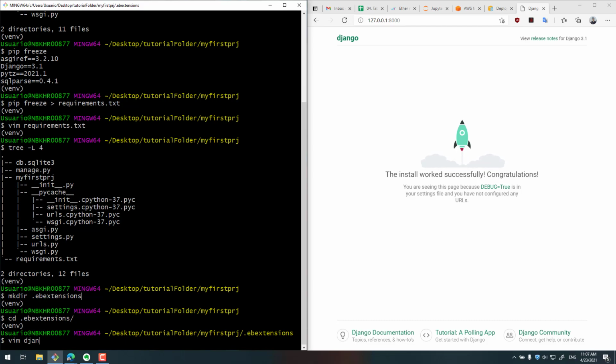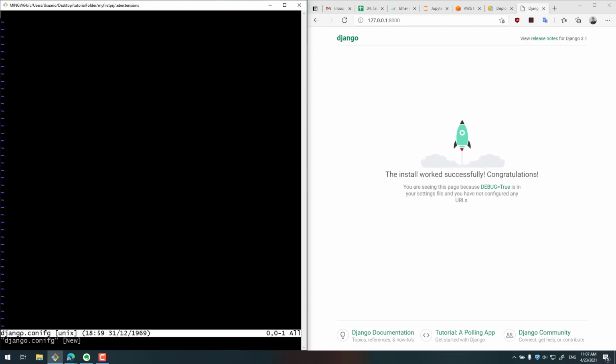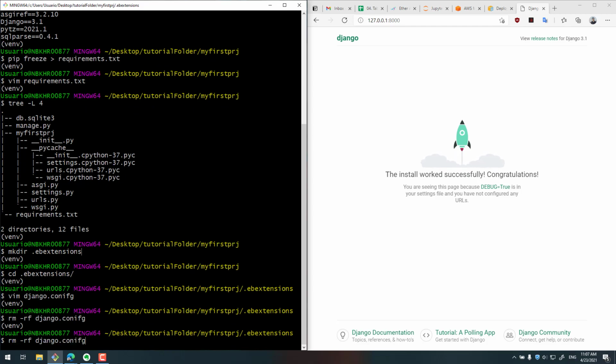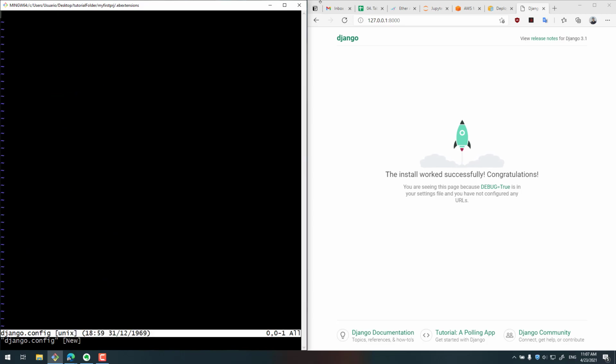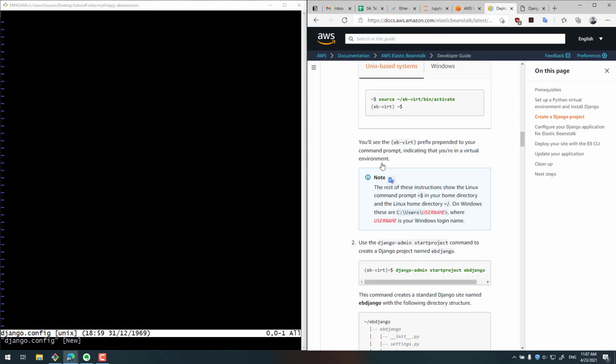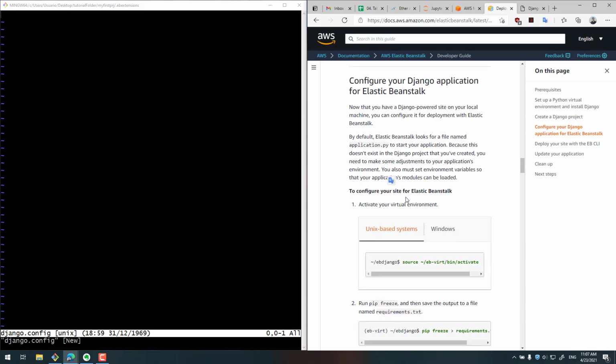Let's create this django.config. Oh, the name was incorrect. Let's remove it, and let's correct the name of the file, config. No. I was about to delete something non-existent, so let's create it. And you may want to check on the documentation again. If you scroll down, it says that